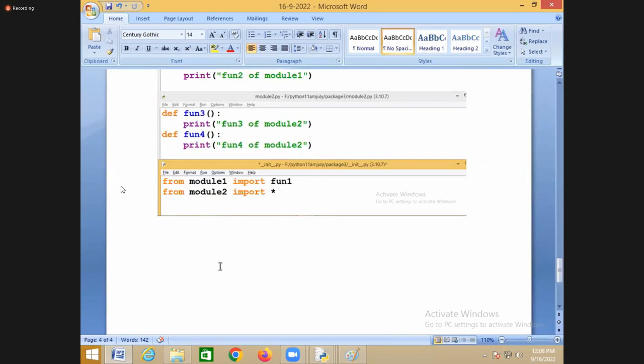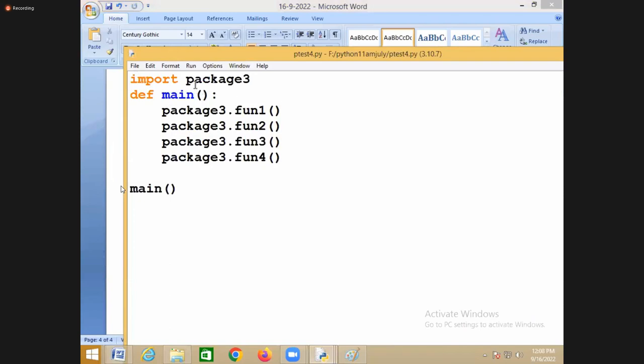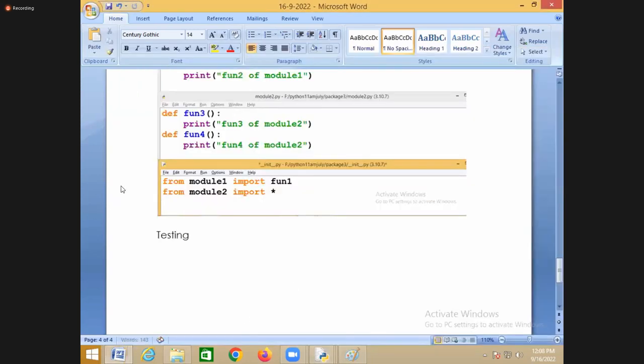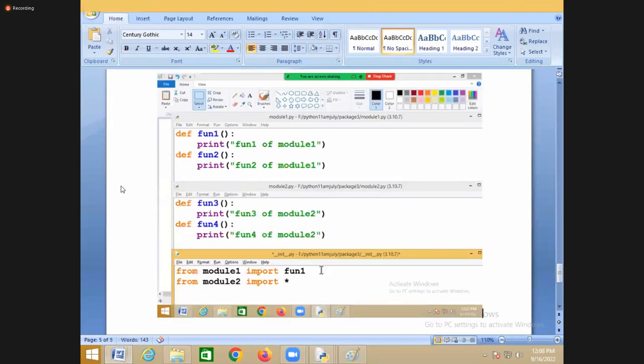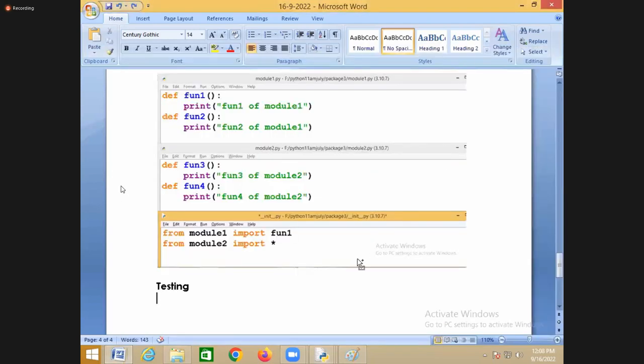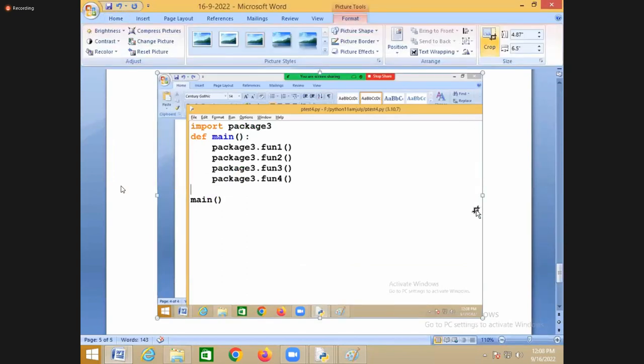After writing this, you have to write one more module for which one? Testing. When I import the package, I said function 1, function 2 and function 3. So this is testing. For testing, you write another program, and this is the program where you import the package as well as the content of that package. So once you run this,